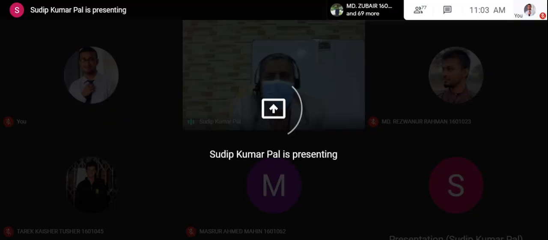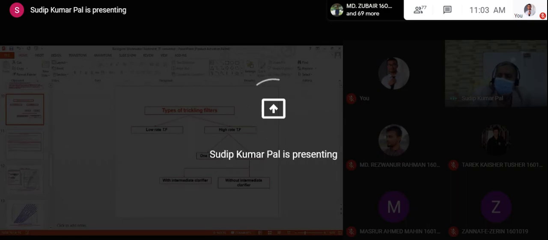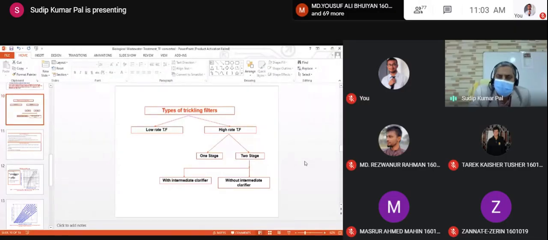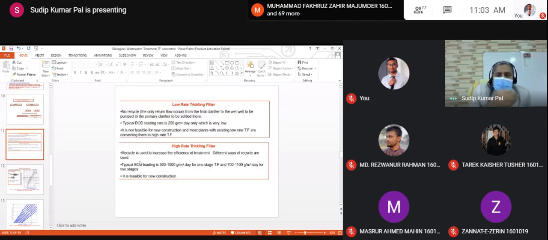So now we have some idea about different types of stages and different low rate, high rate. If it is a high rate, then it can be single stage, it can be two stage. Then what is the difference between single stage and two stage? You can see here. Low rate trickling filter means there's only one filter, no recirculation. This means no recycle, as you can see. The return flow,